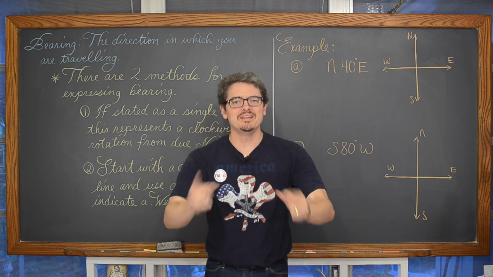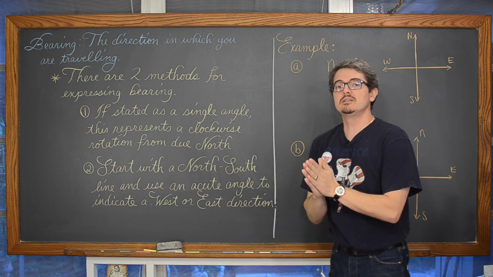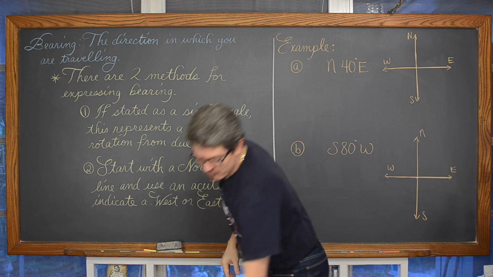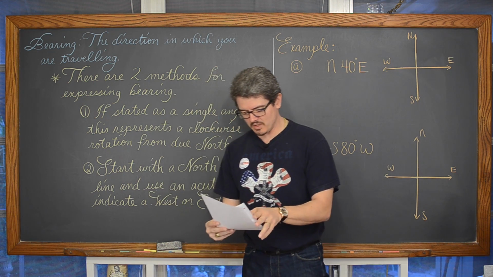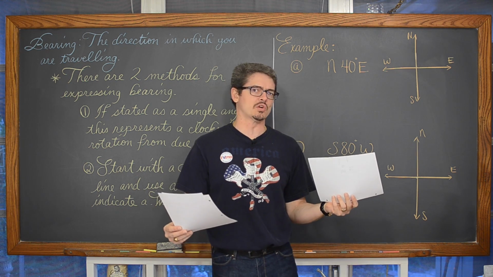Mr. Tarou, in this trigonometry lesson, we're going to be doing 4 word problems based on the definition of bearing, the direction in which you are traveling. And our 4 examples, well, the first one is going to involve a little right triangle trigonometry, some SOHCAHTOA.